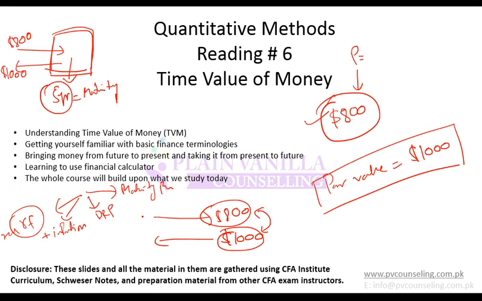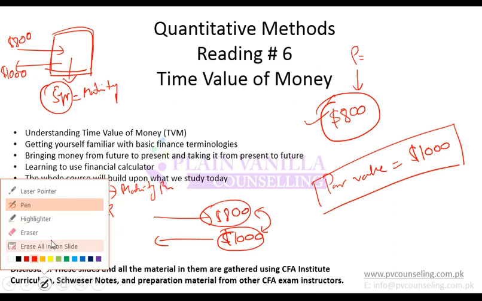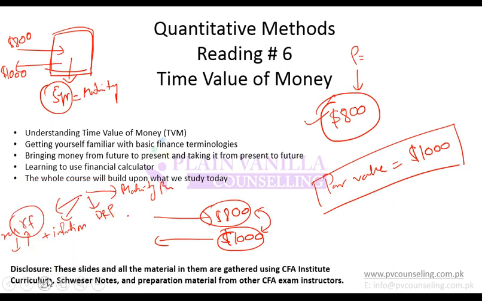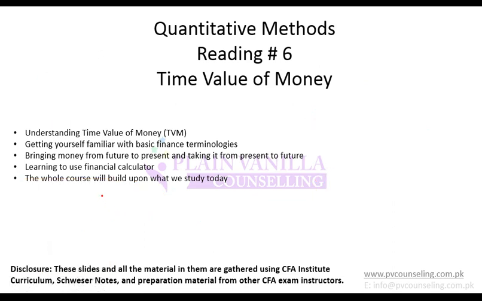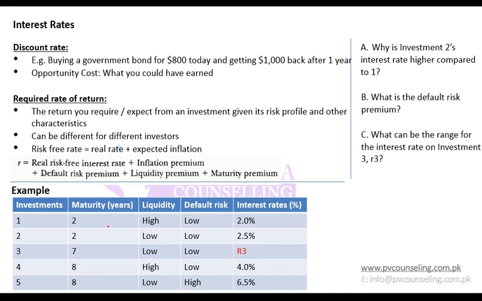So that means all this working is basically to find out the opportunity cost, that what is my opportunity cost, that if I do not make this investment, where else can I invest it? So if in market you have high rates available, you will want high rate on this. If in market you have low rates available, you will want a lower rate, because your opportunity cost is lower. So that means your return on any investment would be affected by the opportunity cost, or the returns or investments available in the market. So your required rate of return or required rate of interest would depend on the opportunity cost, or all these premiums.